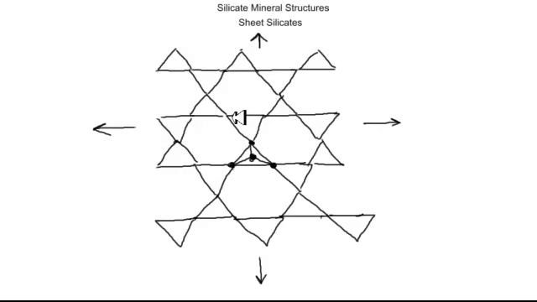So these 1, 2, 3 oxygens at the corners of the triangular base are completely satisfied and don't need to bond with anything else. They have their 2 electrons, they're happy. But the one that's above the plane of the sheet needs another electron. So in the 3rd dimension, up here, if you will, we're going to have bridging cations again that are more weakly bonded by ionic bonds compared to the stronger, partly covalent bonds within the sheets. So these sheet silicate minerals have one direction of cleavage